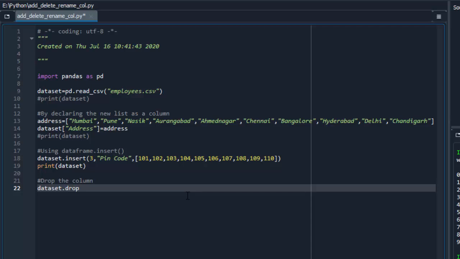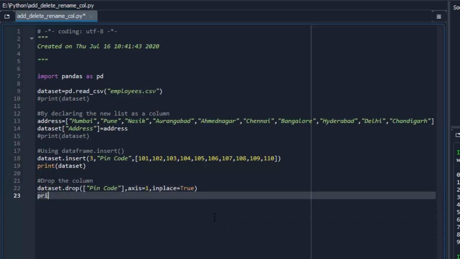So just type dataset dot drop, and in brackets we'll pass the first parameter as the column name which we want to drop. Suppose I want to drop the pin code column, so I'll specify it within subscripts, and now pass the second parameter as axis equals 1, and the third parameter as inplace equals True.